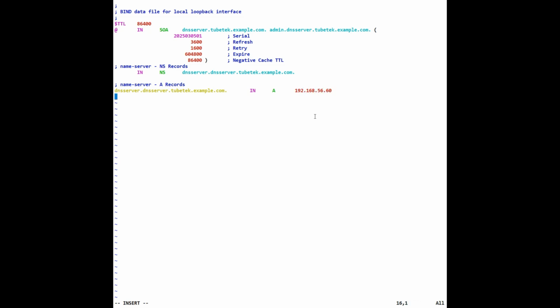192.168.56.60. And I also have my client, which is dnsclient1.tubetech.example.com. And we need to put the dot on the end again. And we need to go across to the IN, then the A, then the IP address, 192.168.56.61. Now, for me, that is my two A records added, and I can actually save and exit this file,